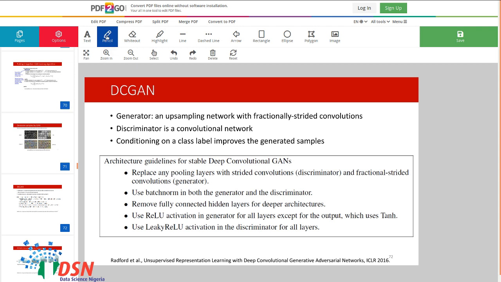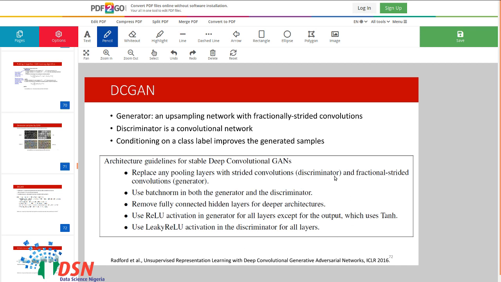As you could see also, it is better to use ReLU for the generator, except for the output, which uses tanh, or hyperbolic tangent, to get the output. And for the discriminator, it's better to use leaky ReLU.